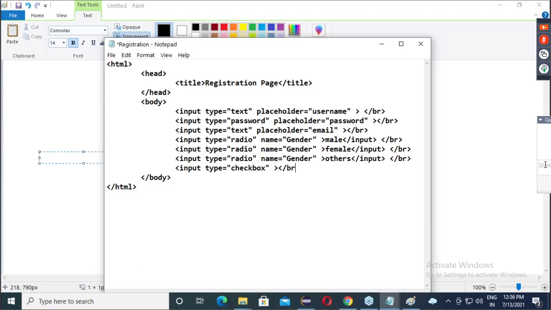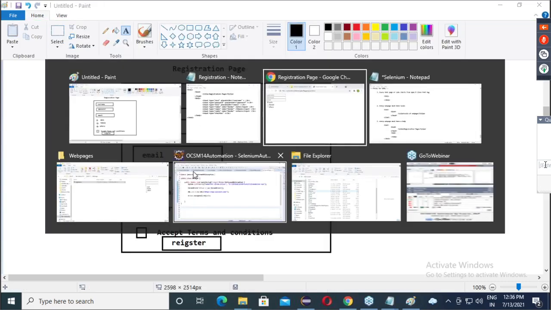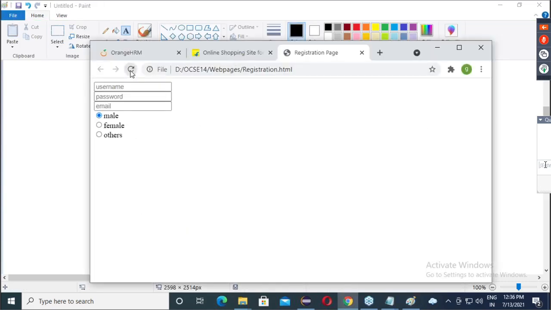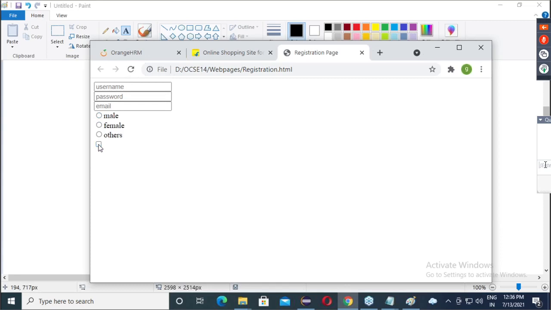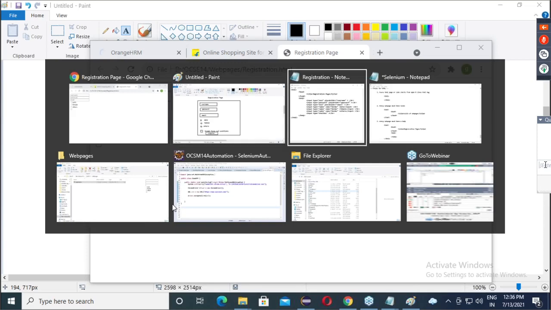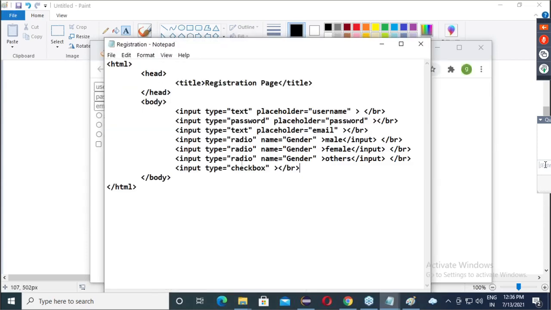Okay. So br, break. Refresh. Are you getting the checkbox? See, which has select, deselect like this. Okay. Now after this, what do we want? We want some text. Such a kind of text you can declare like this, openly.